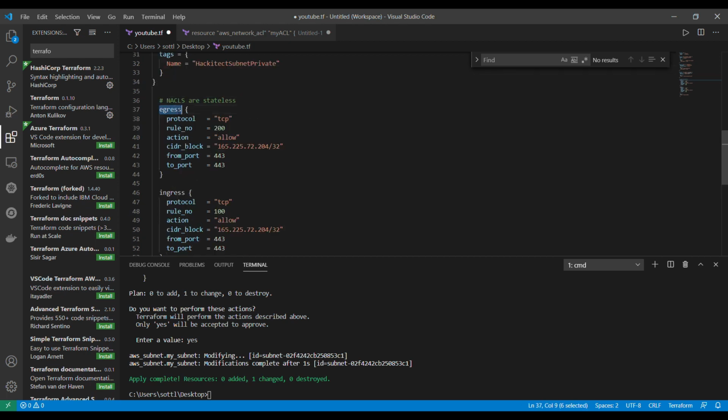And because they are stateless, that means I need to define egress and ingress traffic, and allow the traffic from my public IP address. So I'll just check my IP from port 443 to port 443, and the same for ingress. So basically, I will say that I can communicate only on port 443 from my and to my IP address.